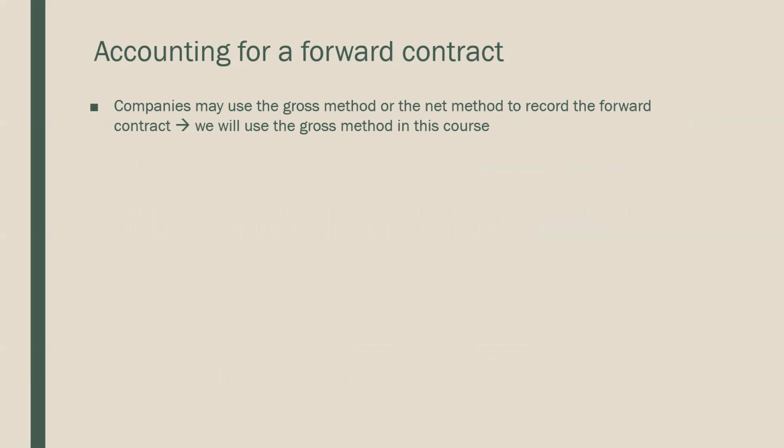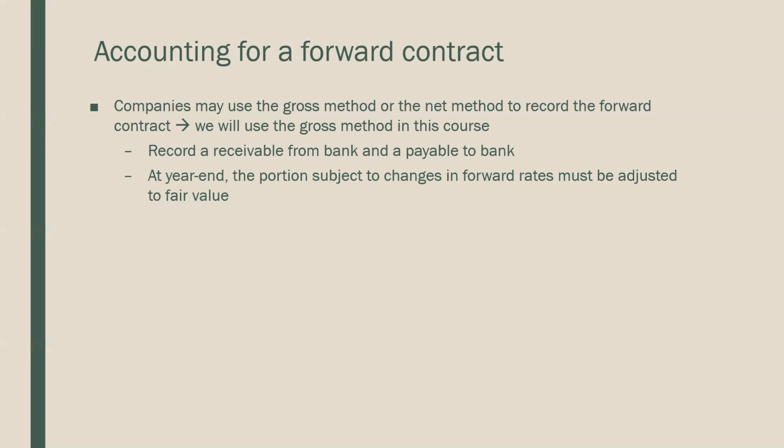Companies can use the gross method or something called the net method to record the forward contract. For this particular course, I am going to use the gross method to demonstrate the accounting for forward contracts. And so what that entails is we record a receivable from the bank and an amount payable to the bank. And at every period end, the portion that is subject to changes in forward rates must be adjusted to fair